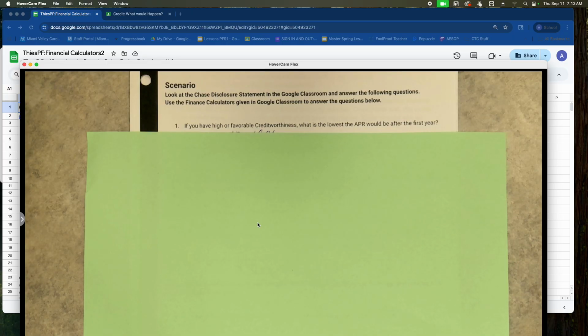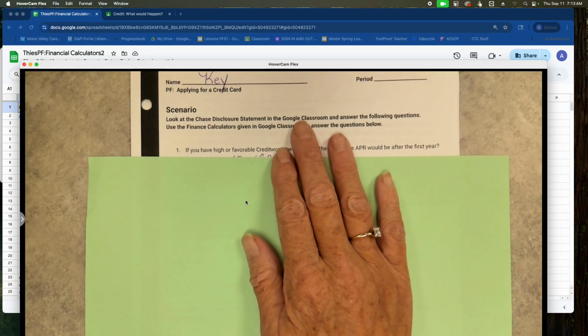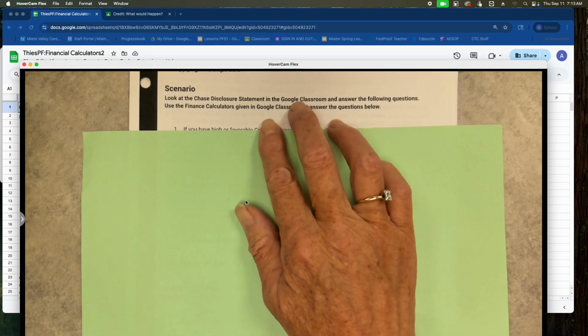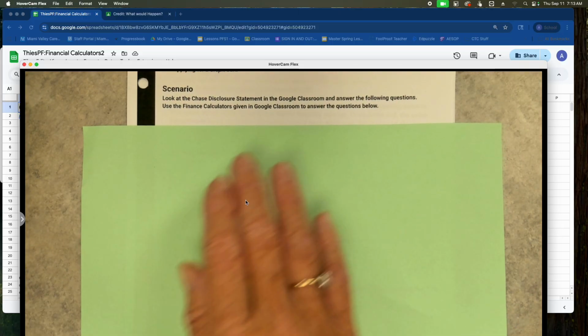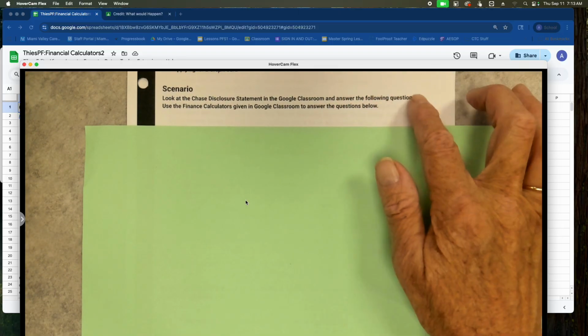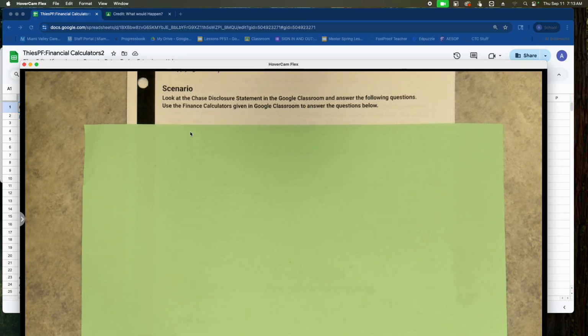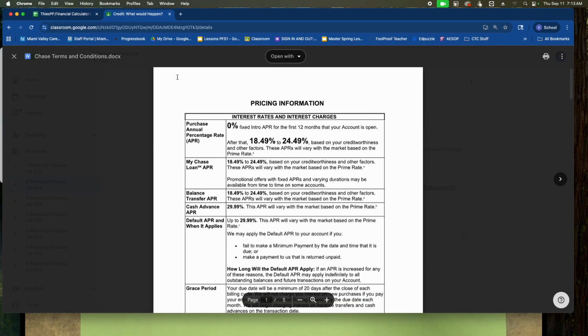In this assignment, you are applying for a credit card. You are going to look at the CLACE disclosure statement in the Google Classroom and answer the following questions. You also use the finance calculators given in the Google Classroom. So the first thing that you are going to want to do is pull up this disclosure statement. The very first question will ask,